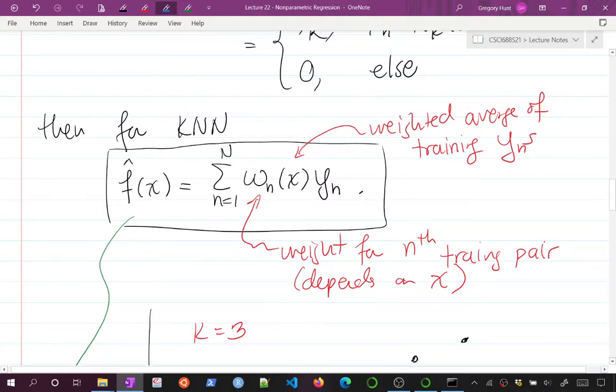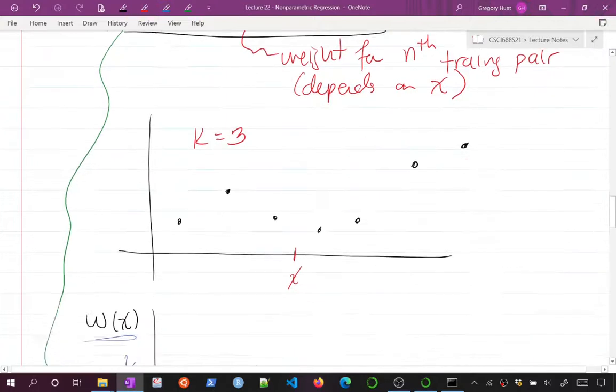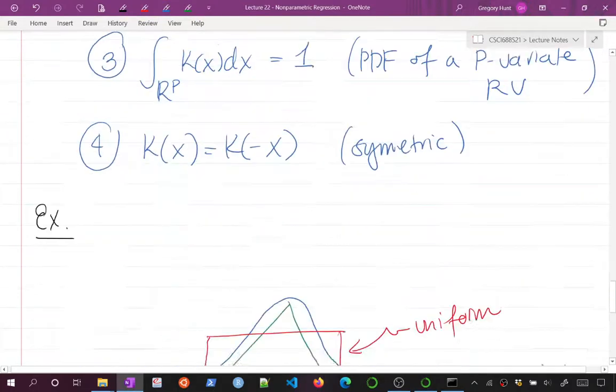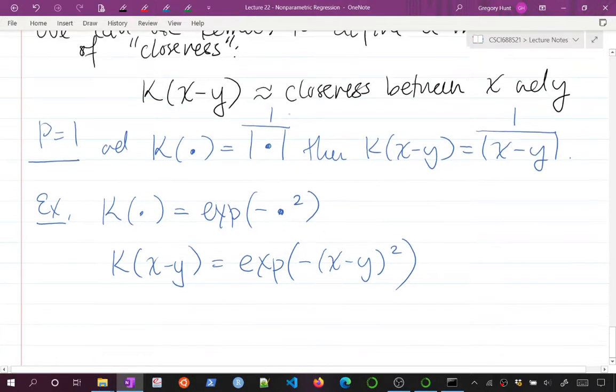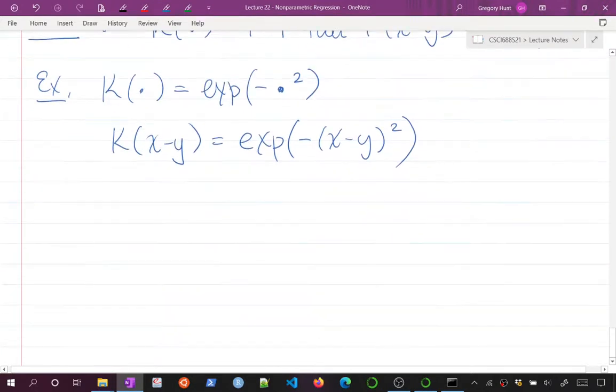And so we could define a whole class of linear smoothers by just picking weight functions that weight inversely with distance, or weight proportional to how close things are together. And the typical way this is done is you can use a kernel function to define a measure of closeness,